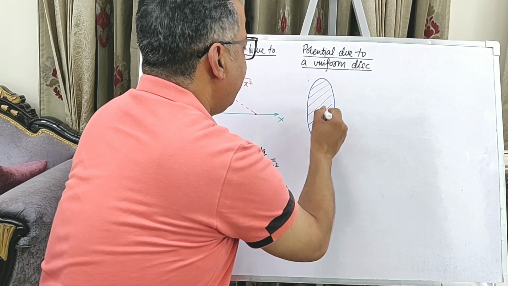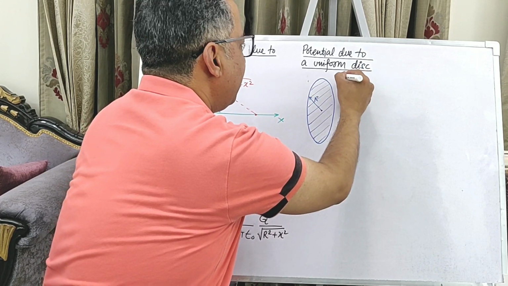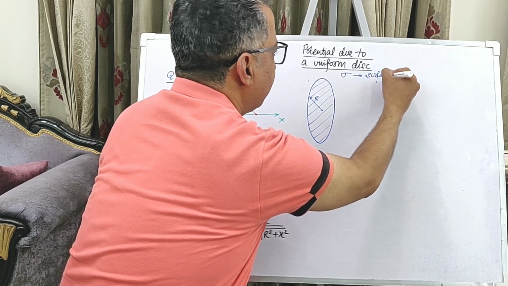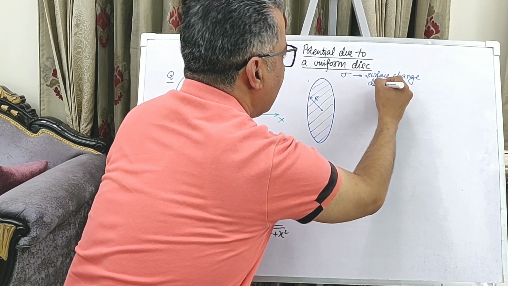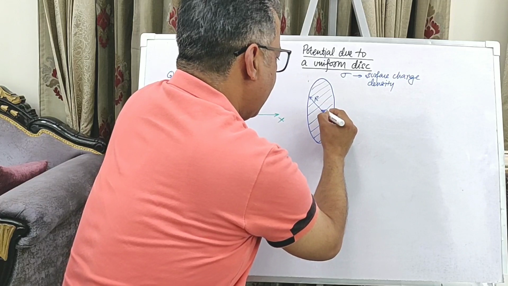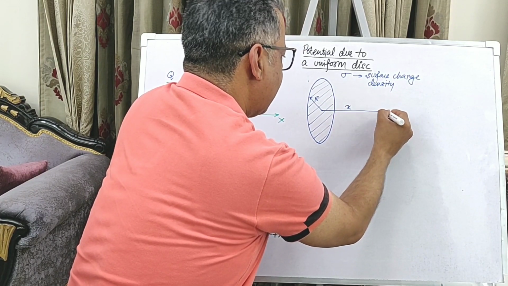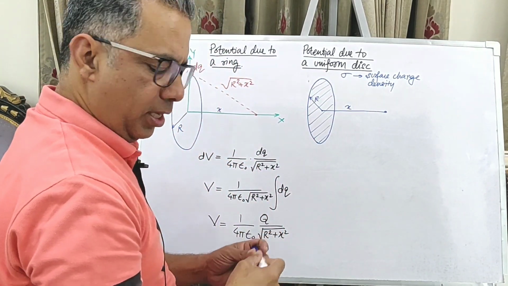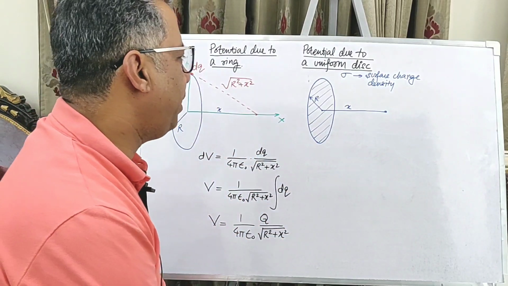Now this is the center of this disk. The radius is R. Sigma is surface charge density. That's the charge per unit area. Now we are interested in calculating the potential at a distance x from the center of the disk on the axis of the disk. Now to do this, what we will be doing is,